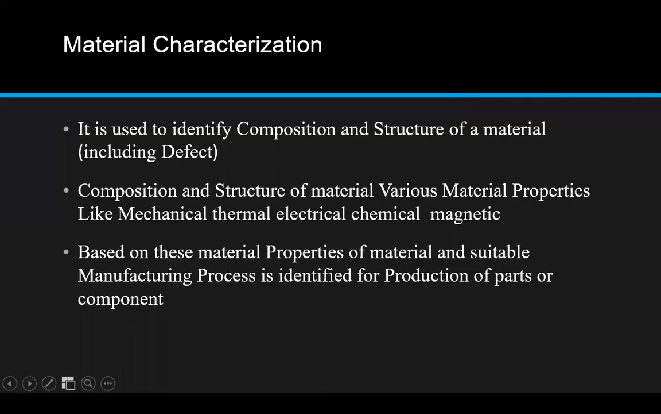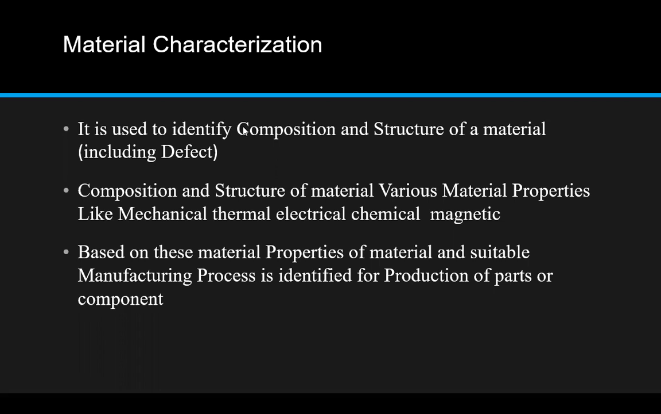Material characterization depends upon two main aspects. The first is to accurately measure the physical and chemical properties of the material, and the second is to accurately measure the structure of the material, that is, the atomic level structure and the microscopic level structure. Material characterization also identifies the composition and structure of the material,